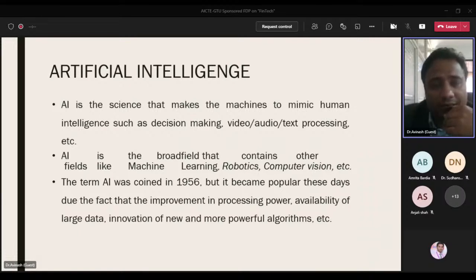The answer is data. You have to take this answer. The answer is data. Because of data, AI, machine learning, deep learning, all these things are